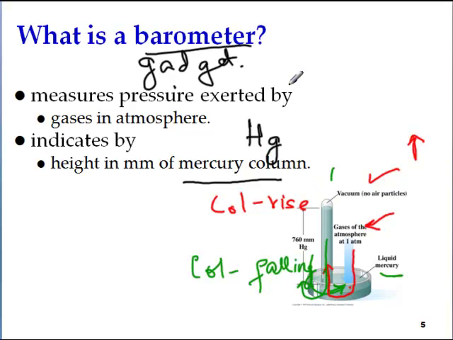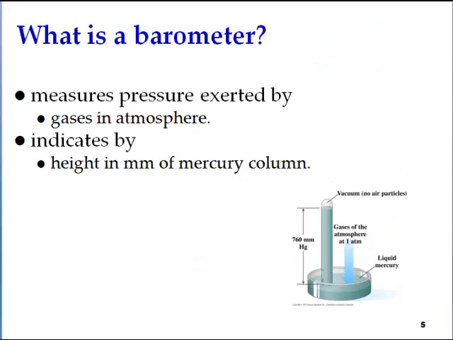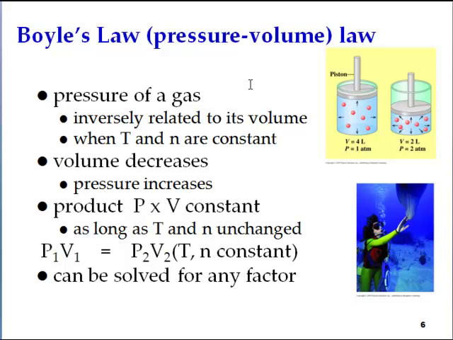Now, another notice that I want to give is about the units that are used by the weather person. The weatherman usually uses units of pounds per square inch, and we're not really using that because it's not a metric unit. But notice that whenever there's a rise in the column, that's usually predicted by a clear sunny day, and when the column starts falling, then that is usually predicted as a storm that's coming up. Okay. Now, based on